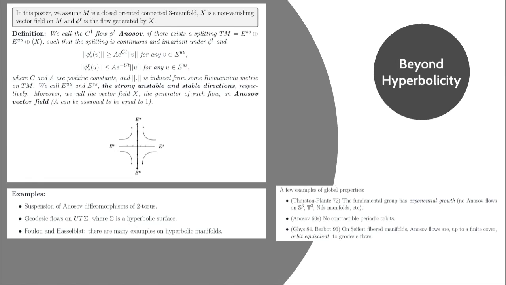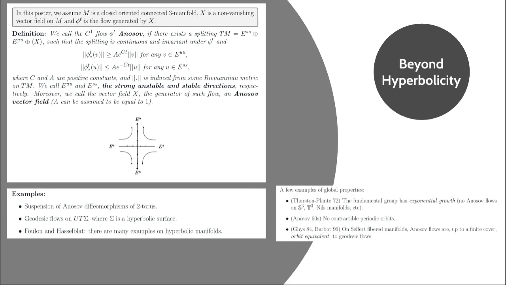During this short talk, I'm going to assume that M is a closed, oriented and connected three-manifold, X is a non-vanishing vector field on M, and phi is the flow generated by X. So we call a C1 flow phi Anosov if there exists a splitting of the tangent space into three line bundles, E^s, E^u, and the direction of the flow, such that the splitting is, first of all, continuous and